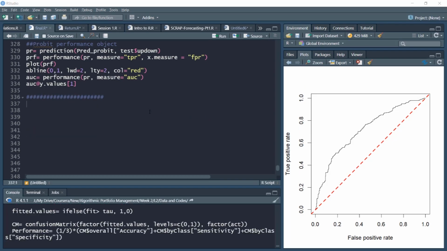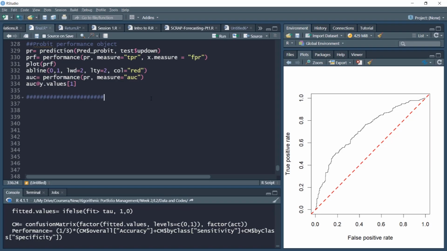Recall that we have already set up a performance object, which was simply the average of accuracy, sensitivity, and specificity. Now, using our predicted values for all three algorithms, we'll compute various performance object values for 1000 threshold values that we'll simulate using the user defined function we have already created.